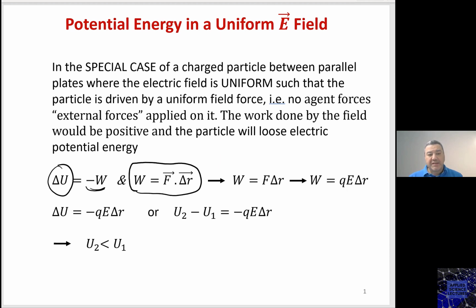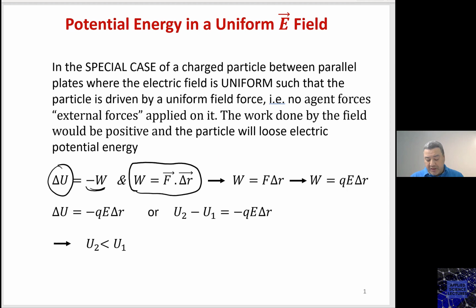Now, in case the field is the only force applied on this charge, then this charge is going to go toward decreasing its electric potential energy, which means it will go in the same direction as the displacement